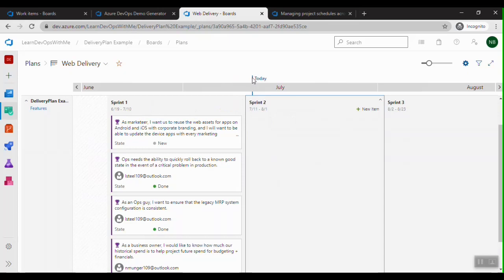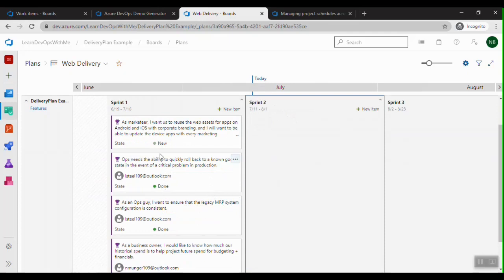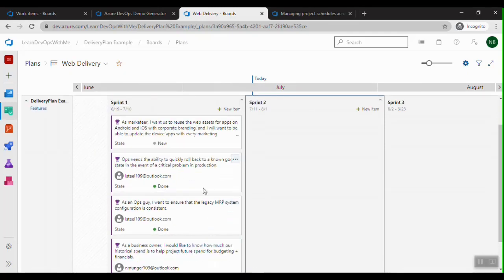So this is a marker for today, and it gives that information here. So we have a lot of work items, but basically all are in done state. So let me say that display only the work items which are in new state or in progress. I don't want to see all the items which are in done state.